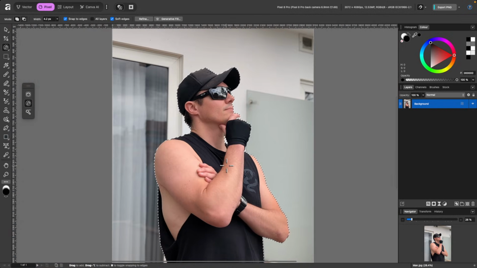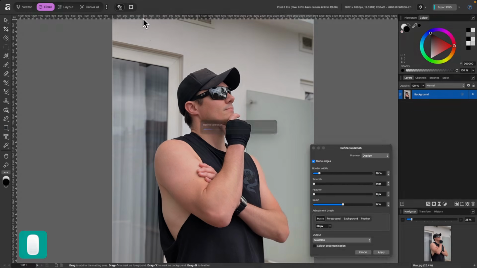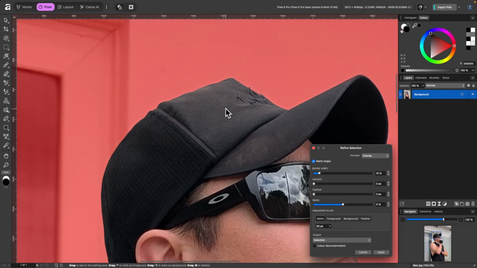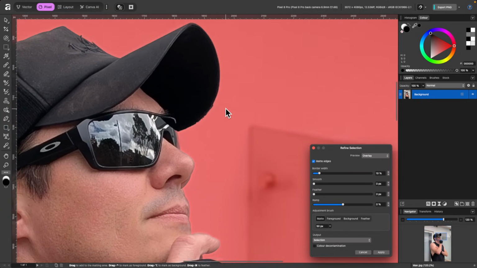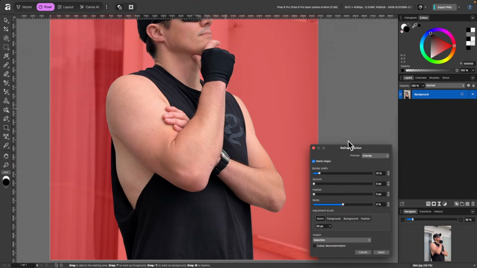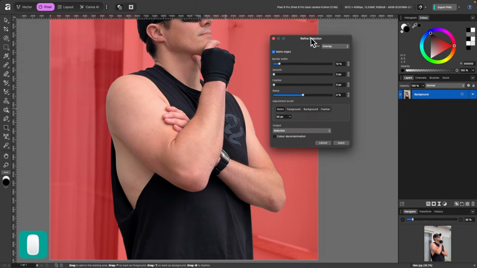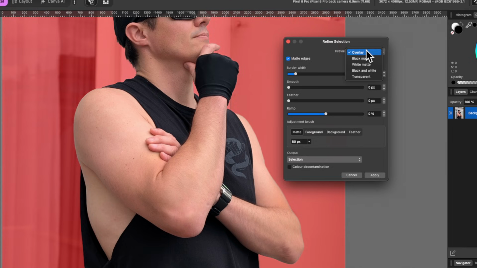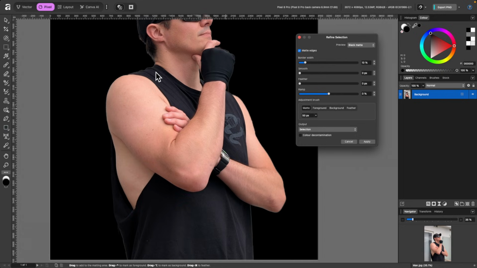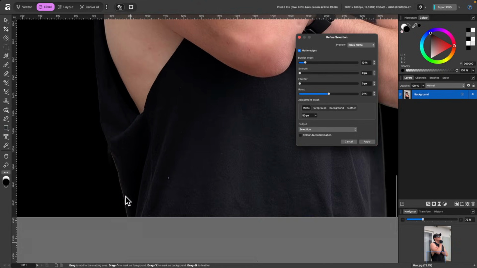Yeah, okay, so from this point, I will refine my selection. It looks good now, but maybe it's not that great. So let's go ahead and click on Refine. And you can see the masked area is now all in red, so we can go around and see if there's anything missing. Right now, everything looks okay, doesn't it? But to really know, we can use this Refine selection panel, and we can click on Preview and then Black Matte. And just like I was doing before, it's basically put a black background there so we can see if anything's popping up.